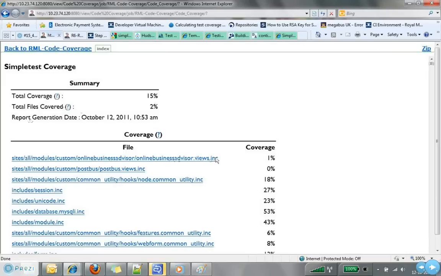Suppose this is one file which is an INC or a PHP file. It shows that it is covered only 101%, or in this case module.inc shows just 53% covered. So this will give your team leads an idea of how much unit testing has been written for that particular code, and make sure that more and more unit tests are written, which will make the code better and mitigate problems and integration issues.